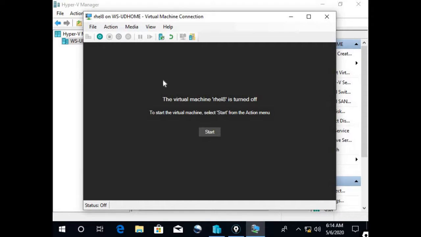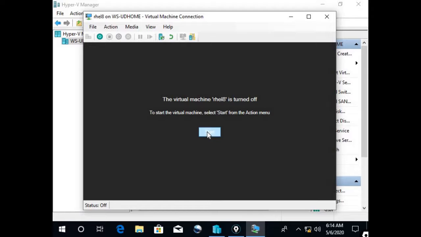Whenever the machine is switched on, the first thing is the power on self test. After POST, it will execute the MBR, the master boot record, and it will search for the first boot device, and in that boot device it will look for the first sector and start switching on the machine, and we will see the grub menu.